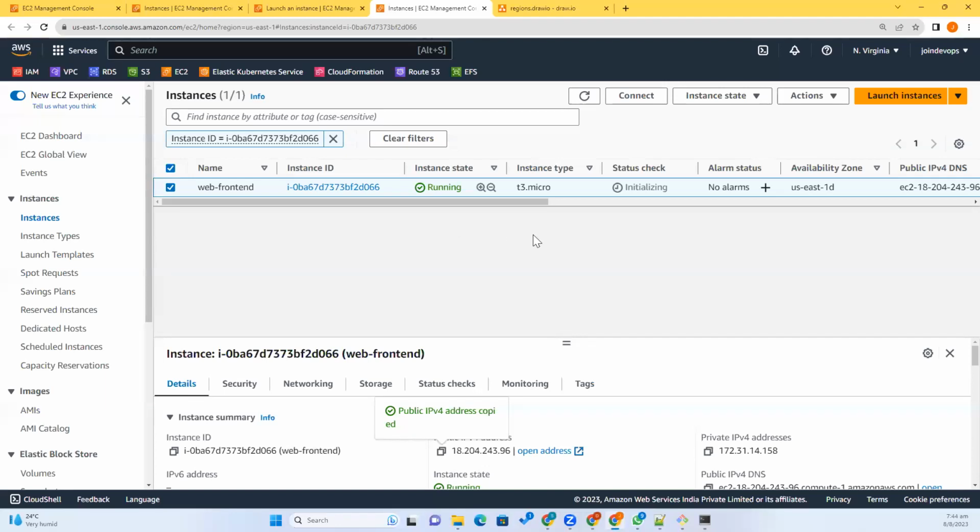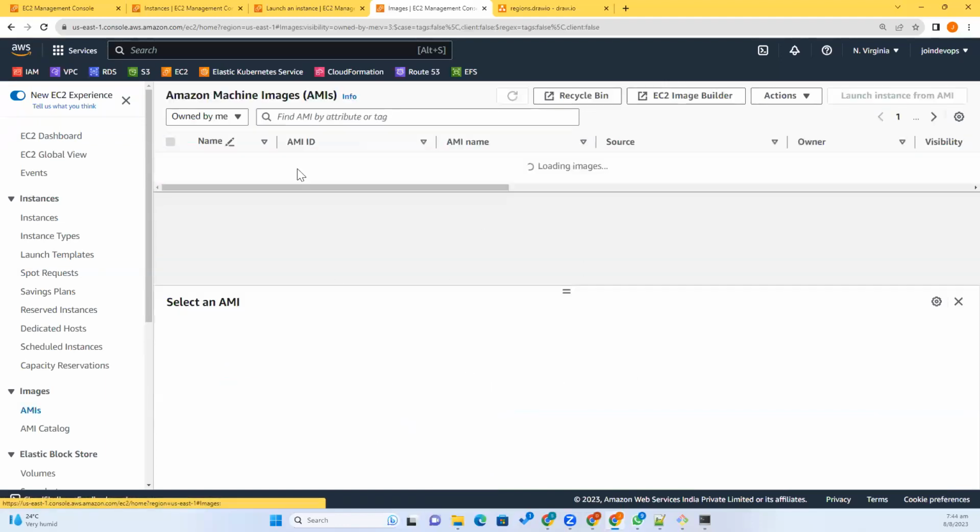So you no need to download the AMI. If you just search it, you will see that AMI. It is a public AMI. In AMIs, if you go and then search public images,